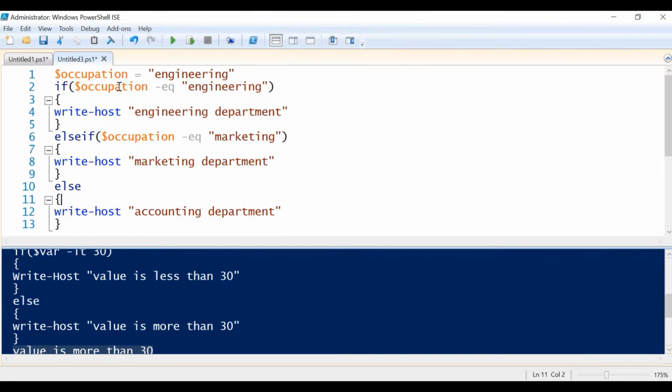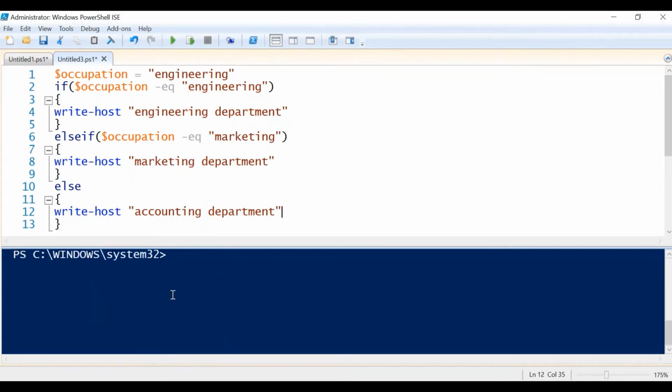If occupation is equal to engineering, then Write-Host engineering department will be executed. If occupation is equal to marketing, then this one. Else, if none of these conditions is true, then the else block will be executed.